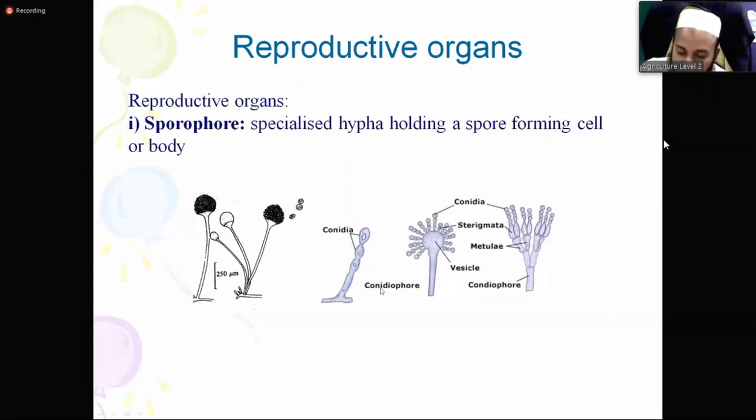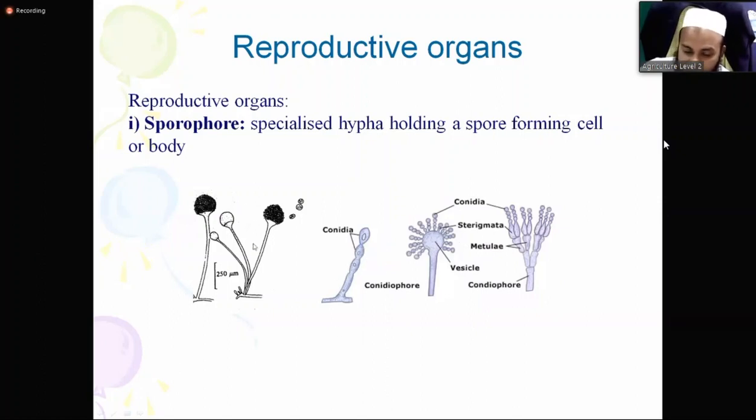Okay, so conidiophore, similar. Phore means stalk. So conidiophore means the stalk or the branch which contain conidia. So these are called conidiophore. You will study all of this in your practical class. If you do not remember, you will be in trouble. Be careful. Please study. I want to say you again, please study.